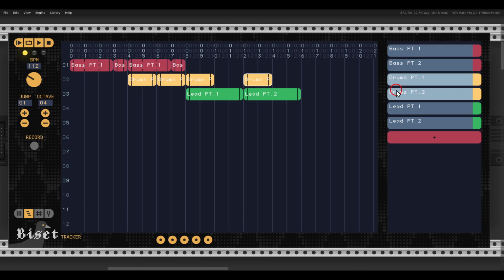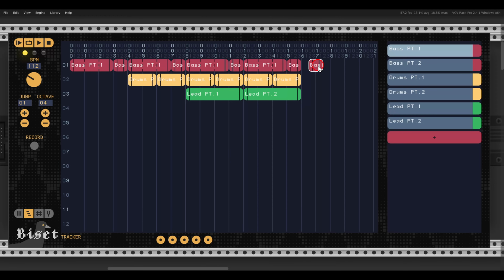So twice pattern 1 of the drums, twice pattern 2 of the drums, and then again we have pattern 1 of the bass for 3 bars, and then we have pattern 2. And let's say that this arrangement, just for fun, will end just with the bass by itself for 2 cycles. And now what I will do, I will add just a sort of a dummy pattern, an empty pattern